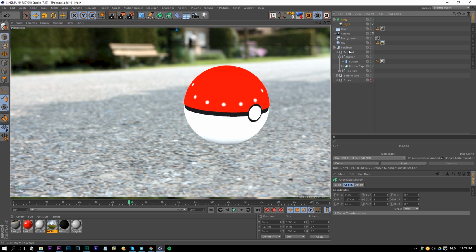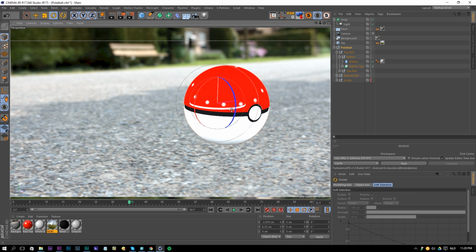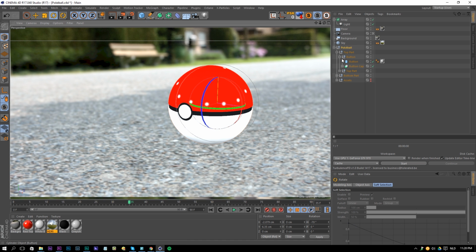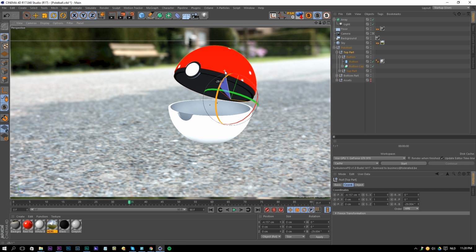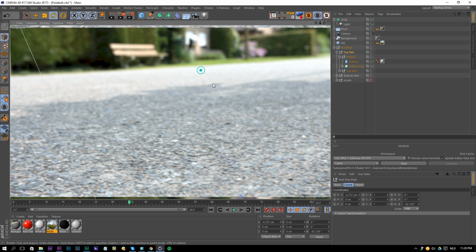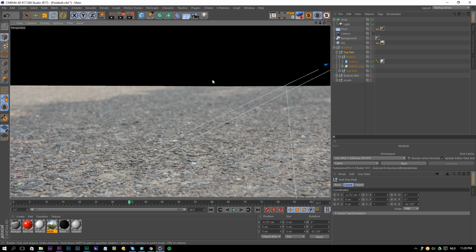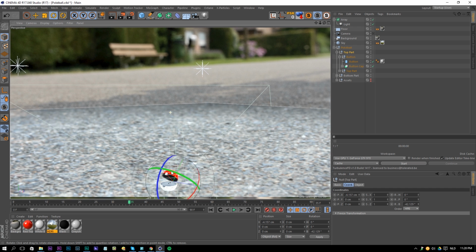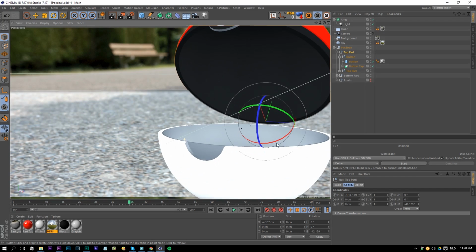And then one thing that I will do is go to the Pokeball as a whole, rotate it towards the camera like so, and open the top part. And then one last thing we should do is, okay, press H on the keyboard to find your object again.